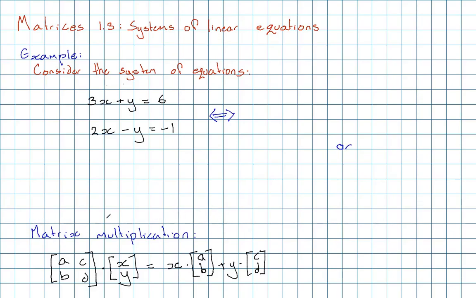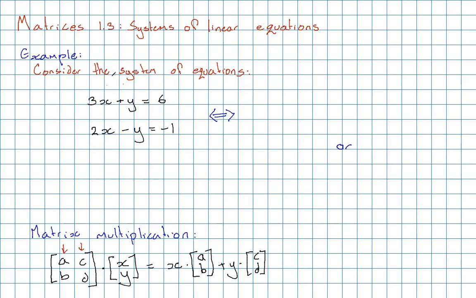how matrix multiplication works. You can see down here that when we take this matrix A, B, C, D and multiply it by this vector x, y, what we're actually taking is a linear combination of the columns, of our column vectors A, B and C, D. So here our result is x times our first column, A, B, and y times our second column, C, D. And that leaves us with a nice way to represent these systems of equations, because we can consider